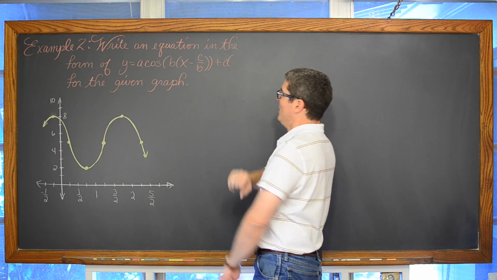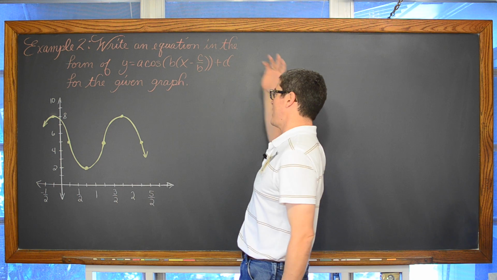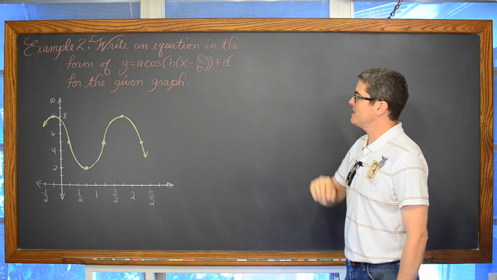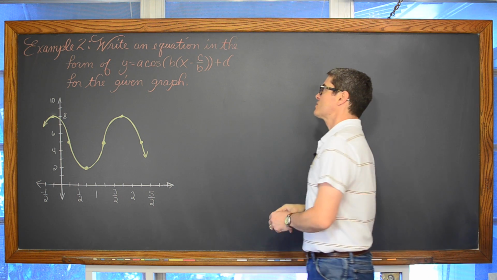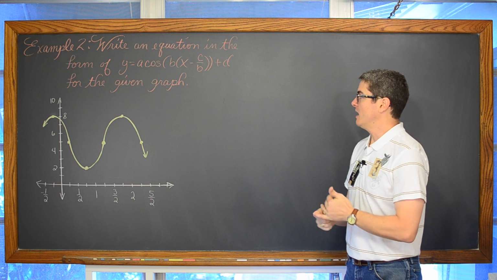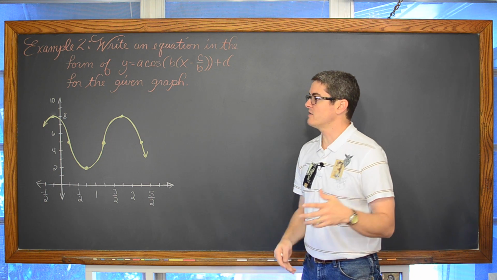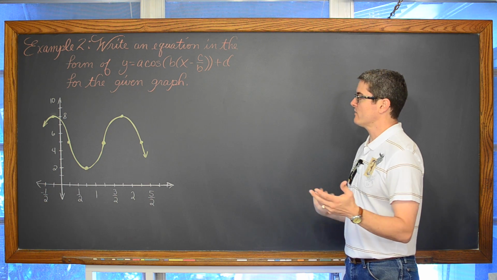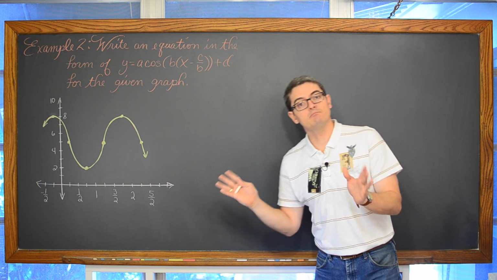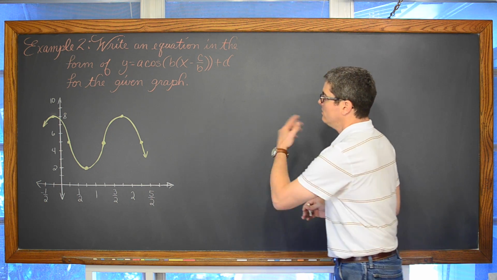Last example. Write an equation in the form of y is equal to a cosine of b times x minus c over b plus d for the given graph. Now the only restriction I'm giving us is cosine. I'd really need to give us quite a few restrictions again. Amplitude positive, make sure your phase shift is whatever smallest absolute value possible or something like that. We're just going to come up with one equation and be done with our lesson. So, well, let's see here.